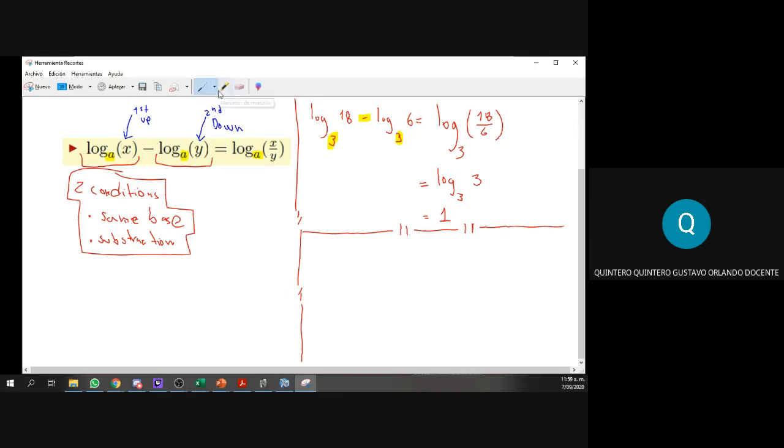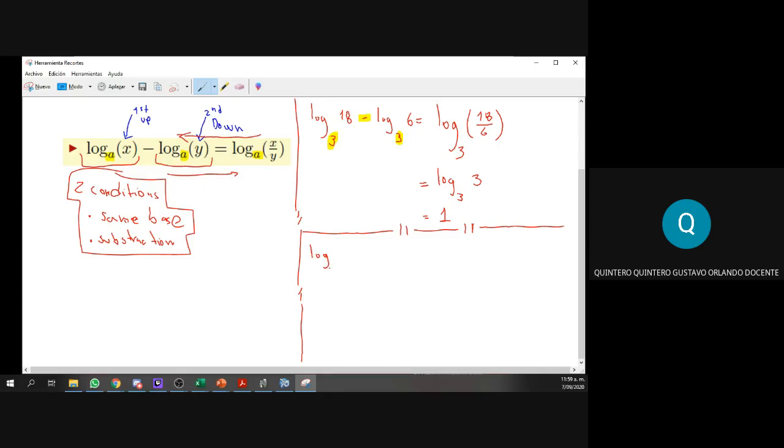Again, just like in the previous one, we can use the property instead of doing it from left to right, we can do it from right to left. So we can have a logarithm that happens to be a division, and we can expand that division. So let's do this. What is the logarithm